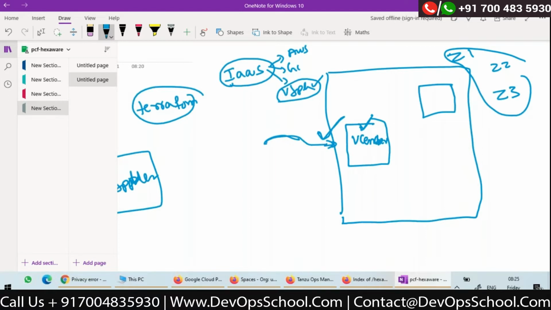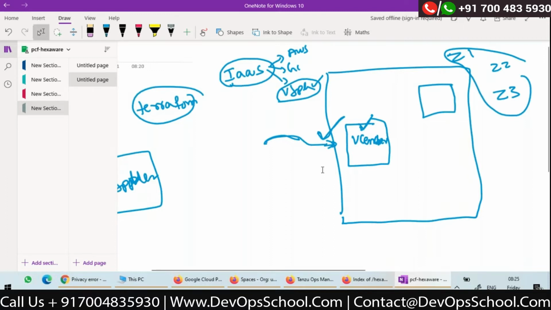This is at the infrastructure level, which your administrator has to decide: how your cluster has to be created, how your cluster has to span across zones, what is the logical boundary of a zone. Everything your vSphere administrator will configure, right?